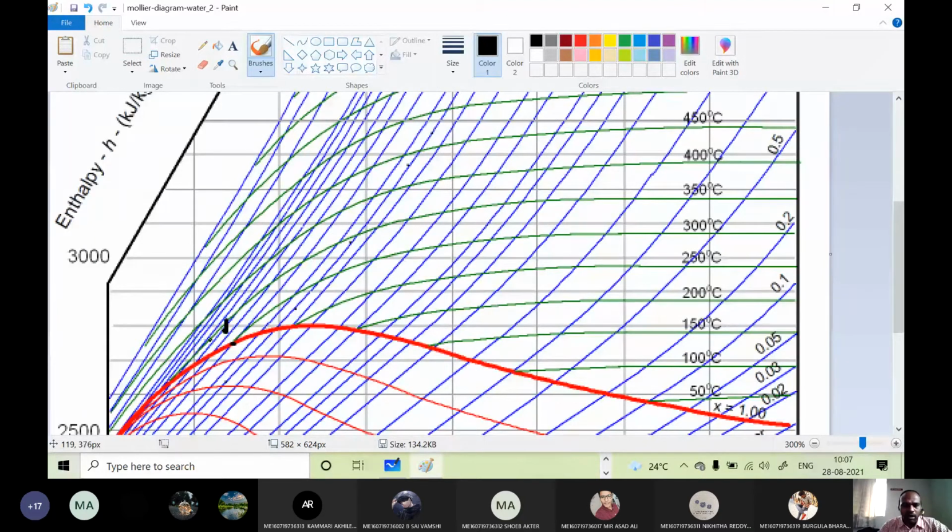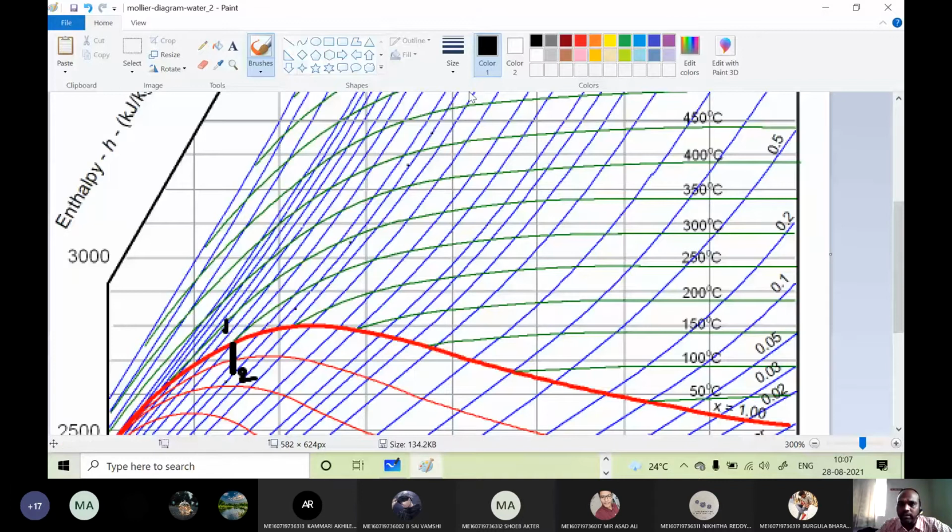This is 50 bar, right? Now what we need to do, we need to drop the perpendicular from the initial point onto this line. Okay, now what I am doing, I am dropping the perpendicular from this point to this line, right? Because this point is on this 50 bar line, now this is point 2. Is it clear? Point 2 is clear? Yes, sir.